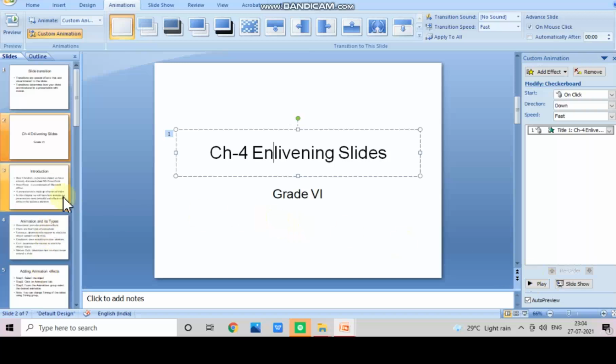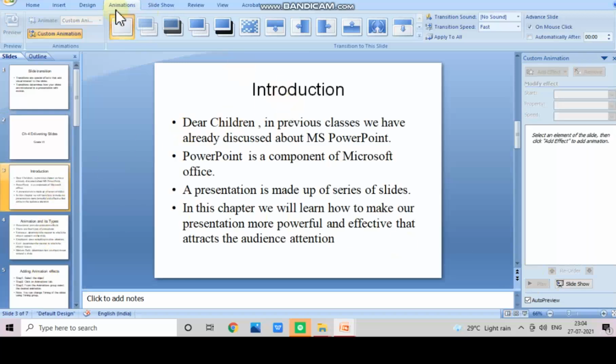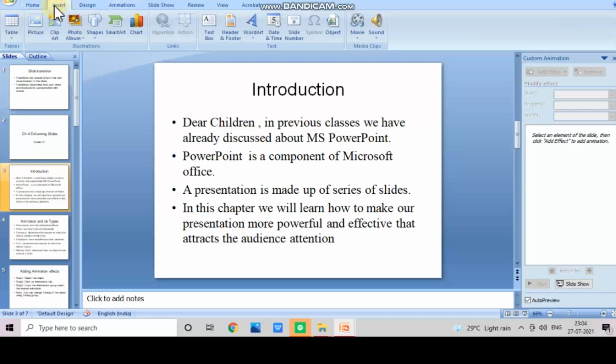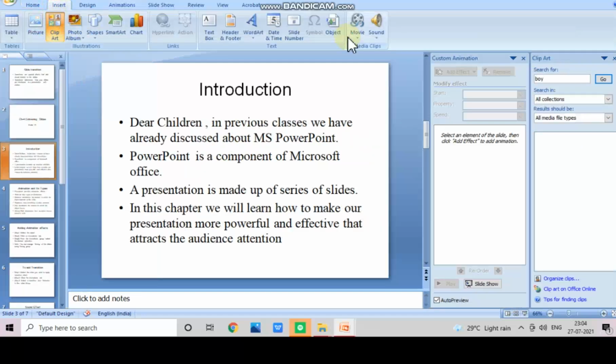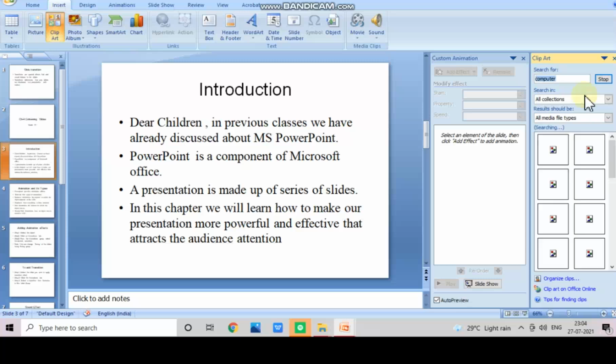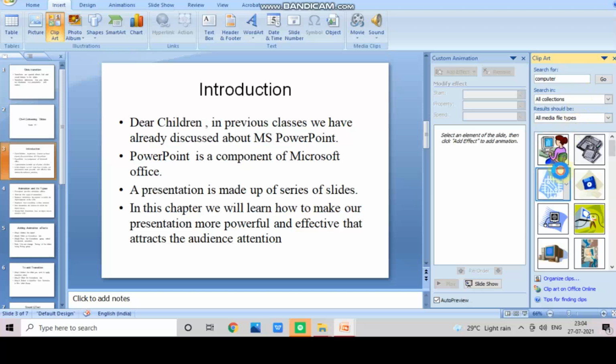Now I go to some other slide. Here suppose I add some picture. So I am going to insert a clip art picture here. So search for a computer. So once I search for computer, I get these options.